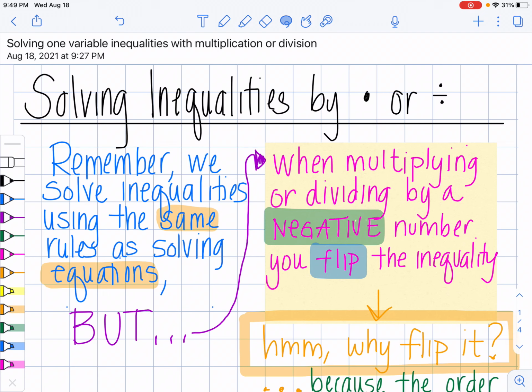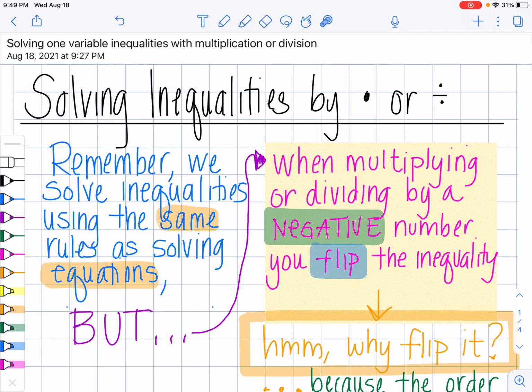Hello, in this video we're going to learn how to solve an inequality with one variable by either multiplication or division. Just like when we solved an inequality with addition or subtraction, we're going to use the same rules as when we were solving equations, but this time there's one additional thing you have to remember, which is in the sticky note right here that says when you are multiplying or dividing by a negative number, you have to flip